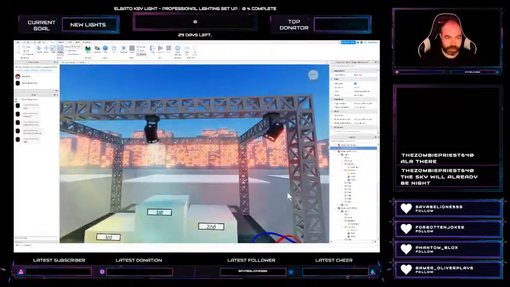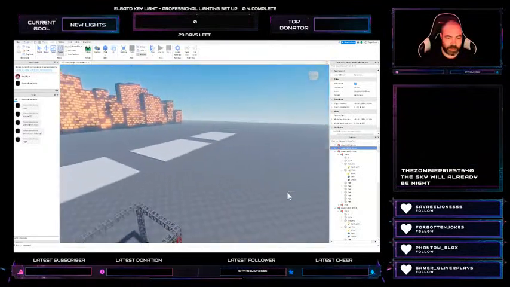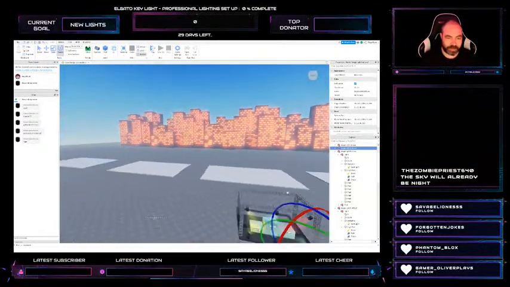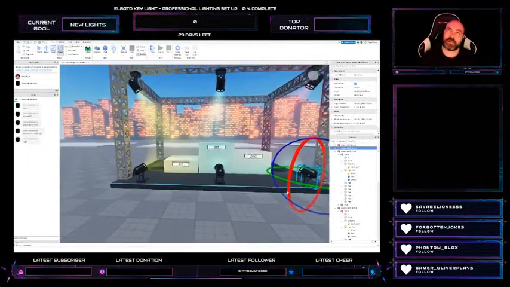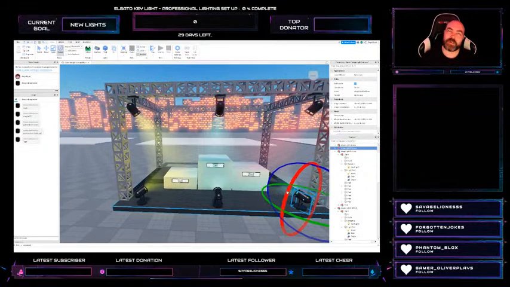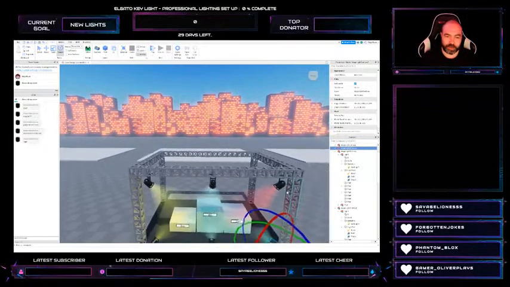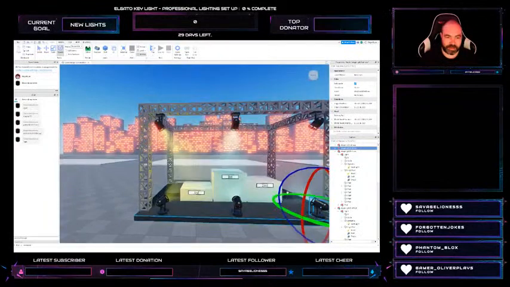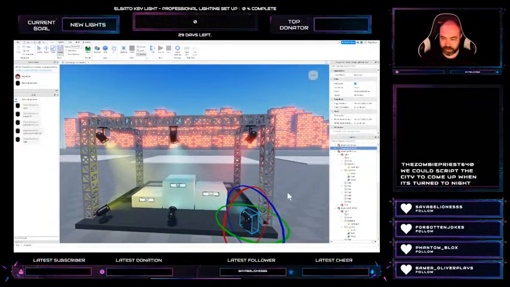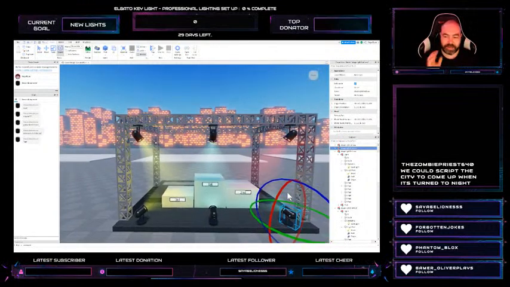Yeah, so like I say, what we'll probably do is run it as daytime whilst people are building, and then when it hits the time for the... And what we can do is even script that in, can't we? I guess no, because thinking about it, the script's not running whilst we're in editing. But anyway, the point is I want to turn it to nighttime when we do the award ceremony, because having all the glitz and glamour and all the lights and everything is going to be a nice little... Yeah, that's right. That's what I'm thinking. So we make it a daytime city, and then as soon as we hit the